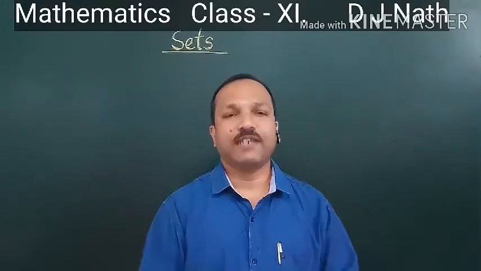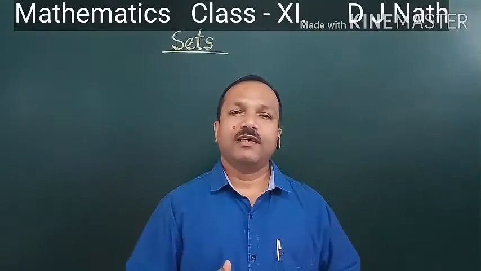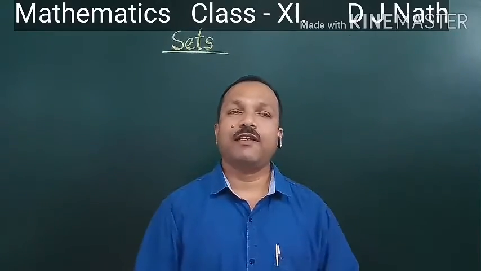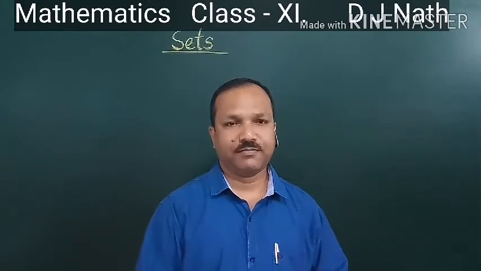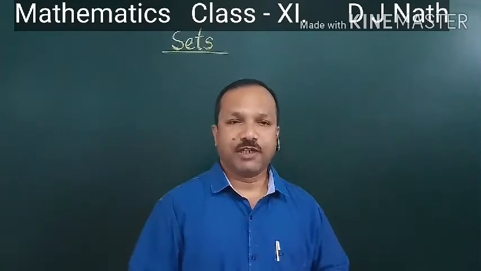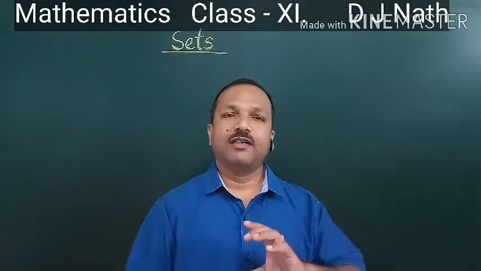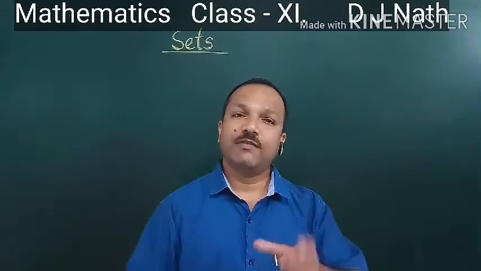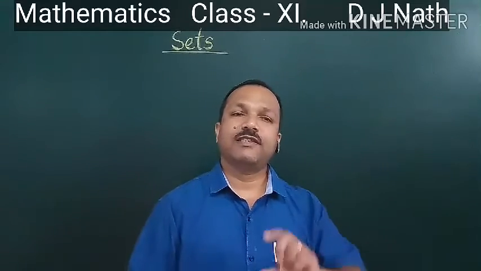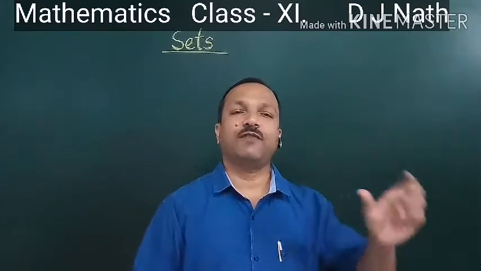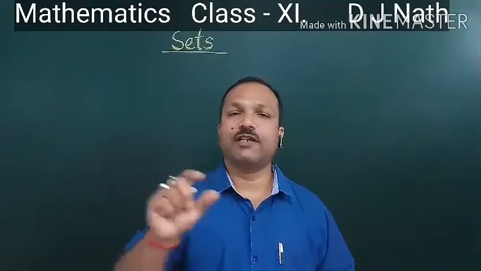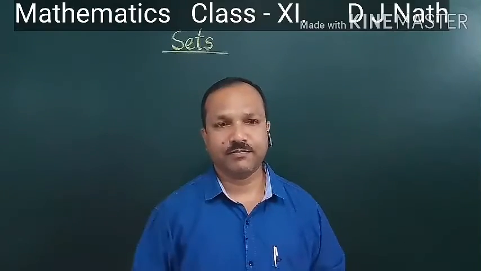Okay, so what is called a set? Set or sets are the collection of well-defined distinct objects. Collection of well-defined distinct objects means what? It should be well-defined. So what is the meaning of that? If I say the set of whole numbers or set of integers, then we can understand what the numbers are in the set of integers. It is well defined. Okay?